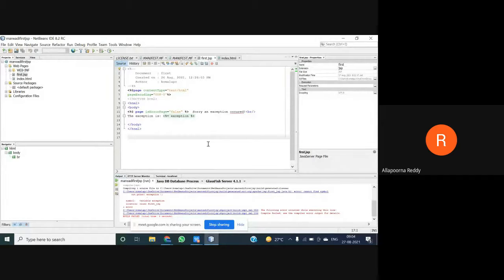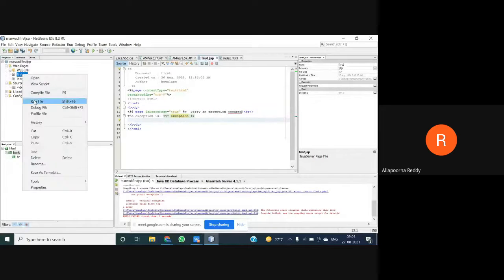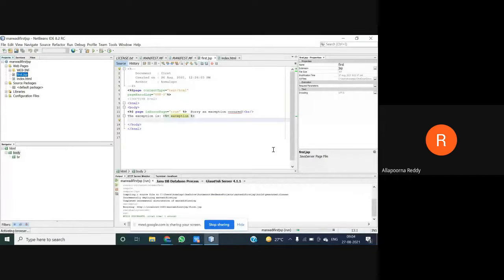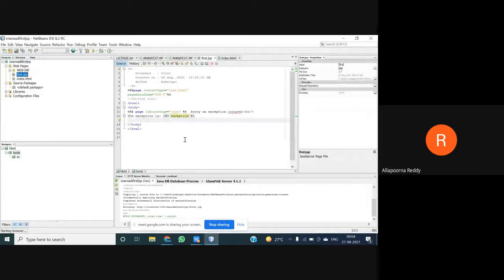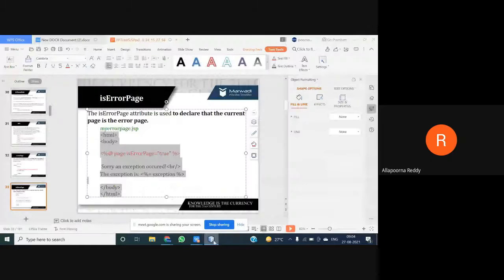If you want to show an exception, we need to use true. Then if you put an exception, automatically that exception can be shown. So the default value of isErrorPage is false. If there is a chance of an exception and you want to know it, you can make it true so that the exception can be caught and shown using your isErrorPage.